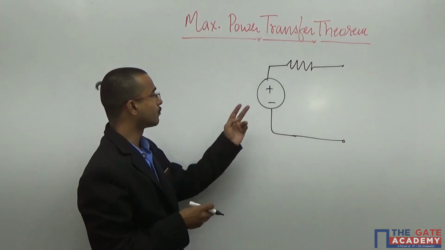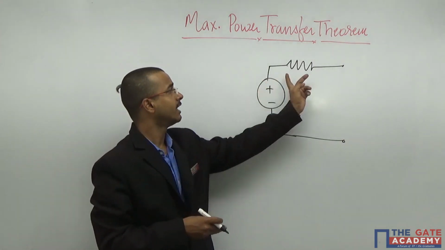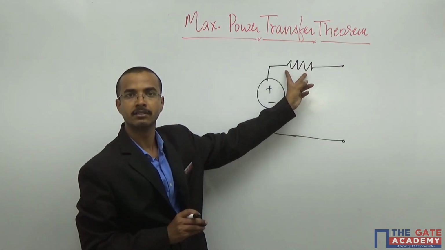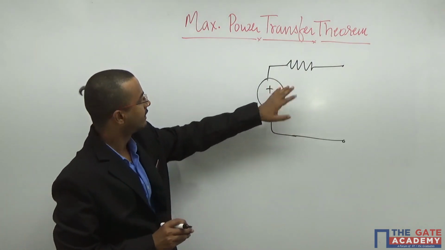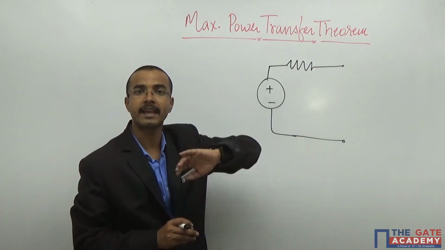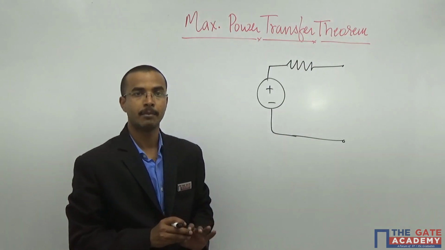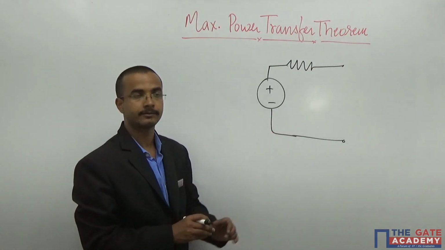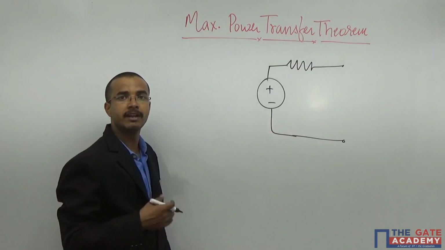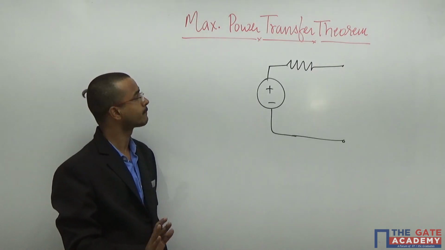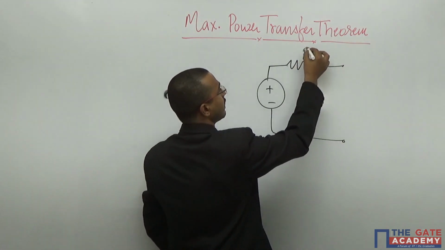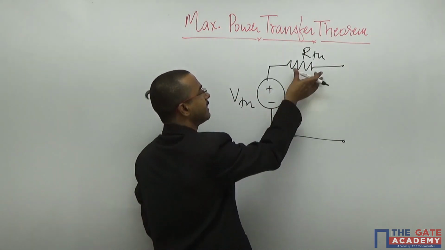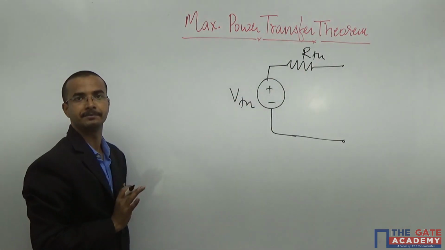That is why this voltage is DC and my load is purely resistive. Sorry, this source resistance is purely resistive. This can be more generalized in AC also, but here I am concentrating my discussion only on DC, and the rest we will discuss in the AC analysis part. It is my RTH and my VTH, pure DC and purely resistive. You can see from here.